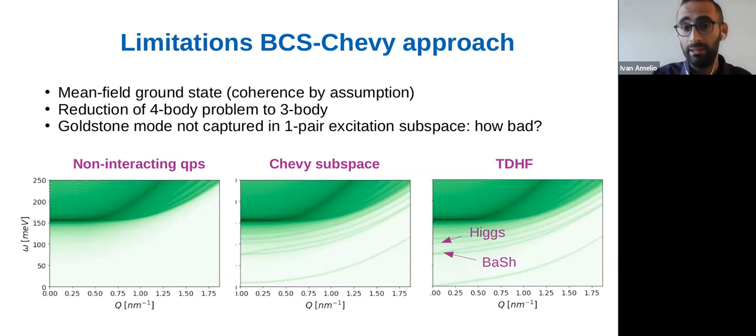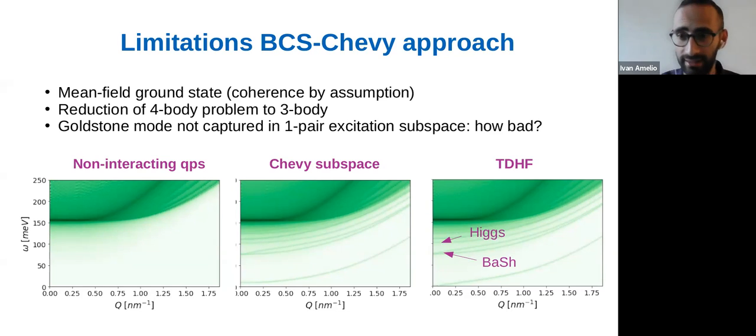And by the way, the fact that one is actually dealing with a four-body problem is one big difference with the BCS polarons in cold atoms. And the other big difference is that one has contact interactions in that context. Okay, so the